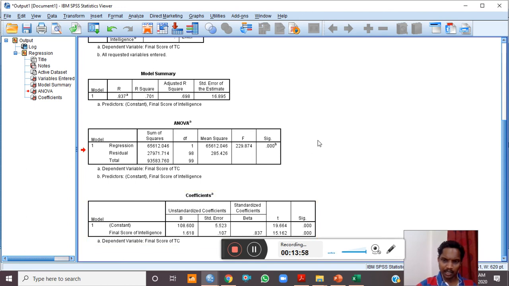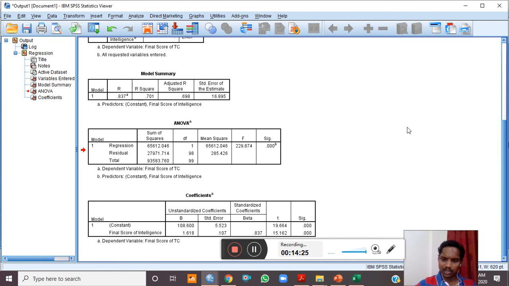Let me repeat, Y prime is equal to a plus bX, this is our equation. The a value will be 108.60 plus the b value 1.618, and then we will get the value of the Y prime, the predicted value.